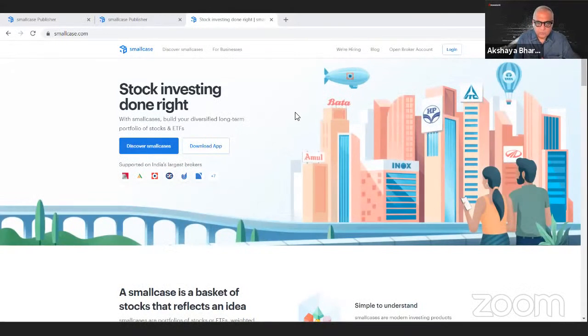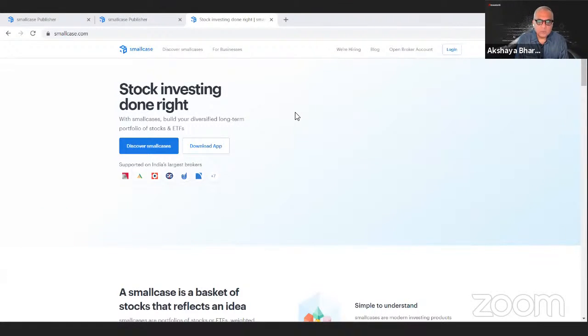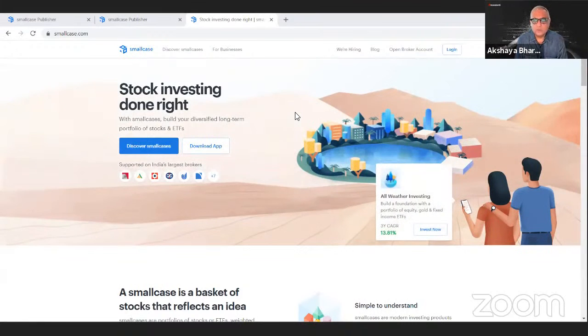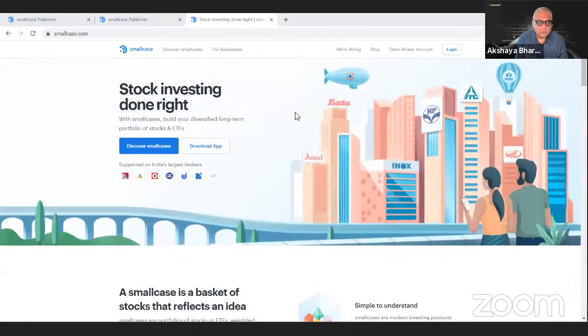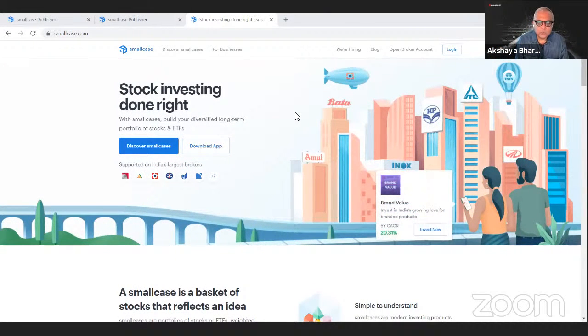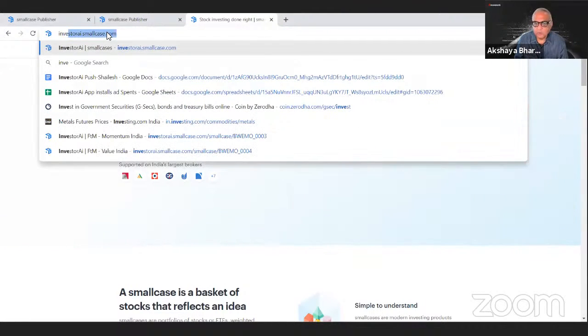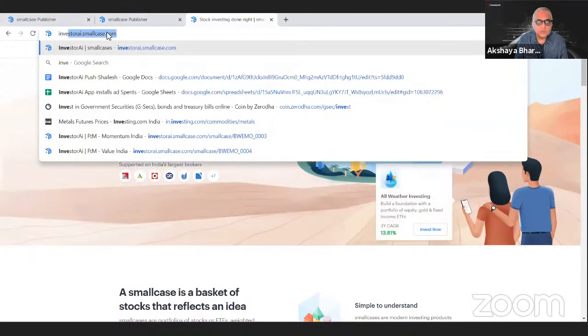Yes. So while Shailesh is doing it, guys, we use a site called Smallcase. It's a third-party company, and they have the ability for different people to publish different portfolios. They have some of their own portfolios. They also have some third-party portfolios like ours. So it's a large body of portfolios. That's where you need to go. You need to open an account, link your broker, and then with one click you can do what you want. So Shailesh will just show you.